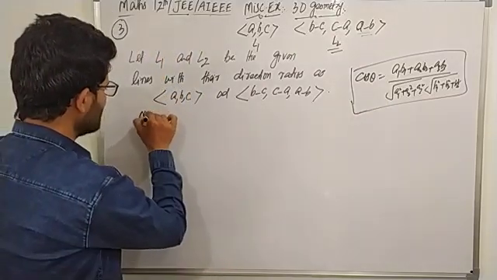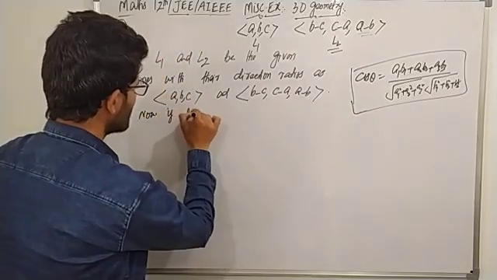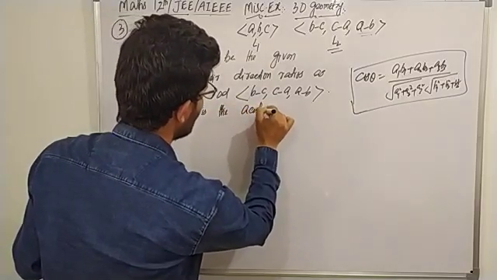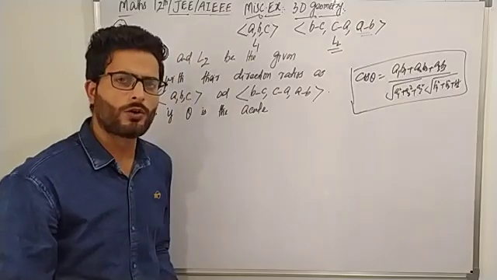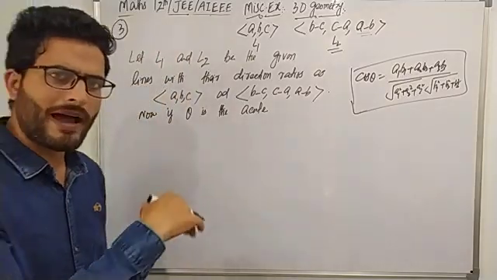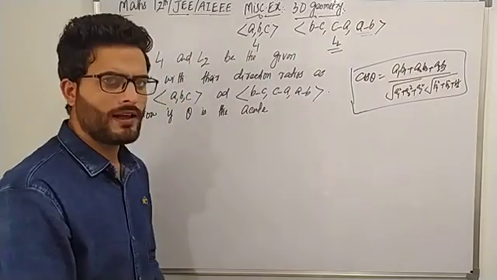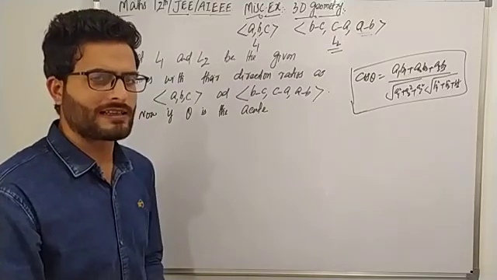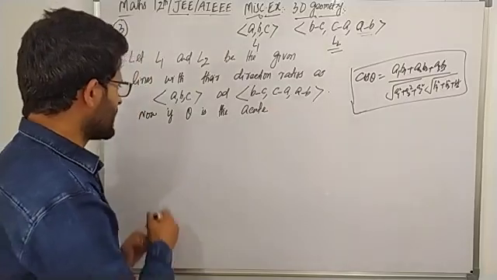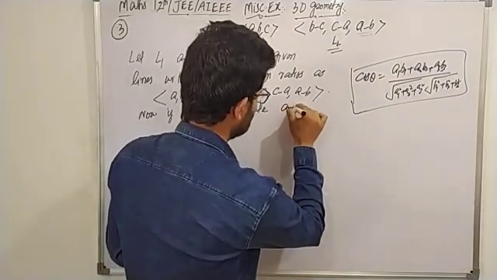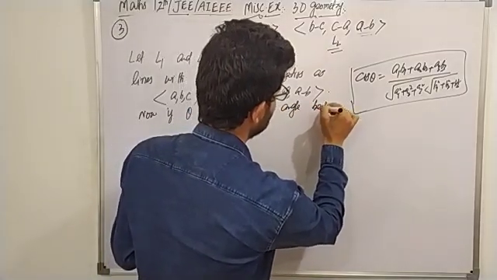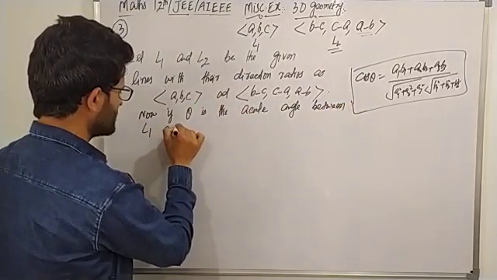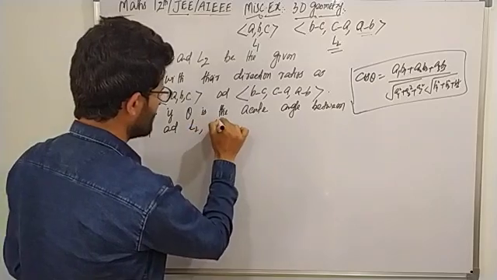नाउ इफ थीटा इज द एक्यूट एंगल, क्योंकि लाइन्स के बीच में दो एंगल होंगे, एक थीटा दूसरा पाई माइनस थीटा, तो इसलिए हम एक्यूट ले रहे हैं. तो उस समय जो वैल्यू आएगा दैट इज पॉजिटिव, तो प्लस माइनस की बात नहीं करेंगे, ओनली प्लस की बात करेंगे. Now if theta is the acute angle between L1 and L2, then we have,